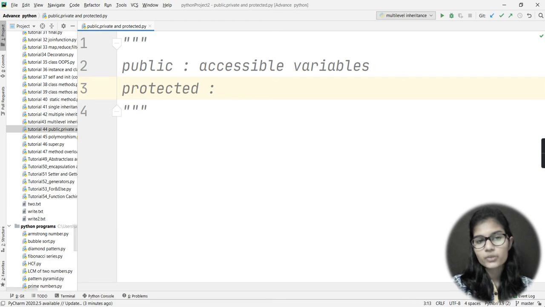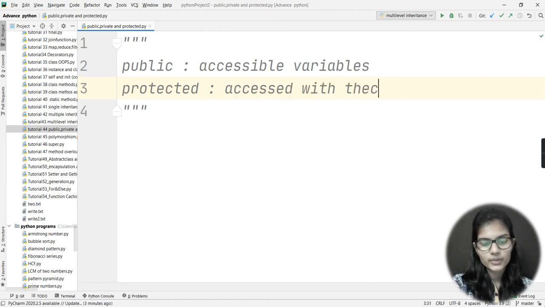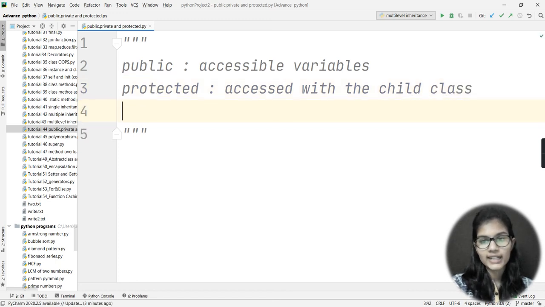Now, protected variables are the variables which can only be accessed with the child class.